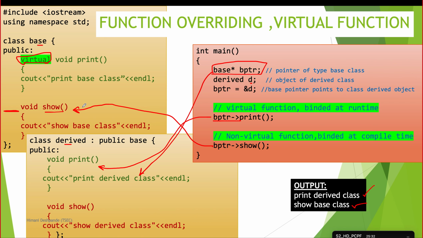Did you get it? Generally we use a derived class object, that is right, but this is a different concept that we are learning. In this we are learning about virtual, that's why we are using the pointer of the base class. If here we use a derived class pointer, then obviously the derived class functions will be called. But here we are learning a different concept of virtual function, that's why we use a base class pointer to show in the example.